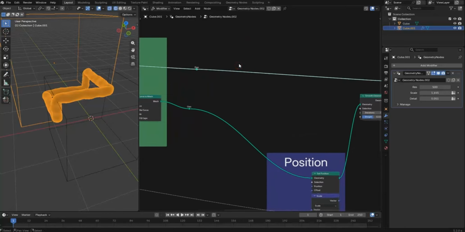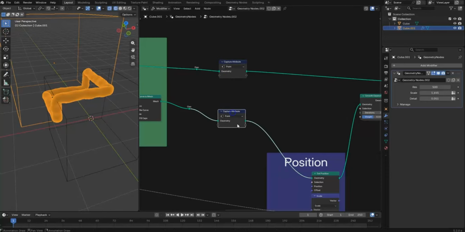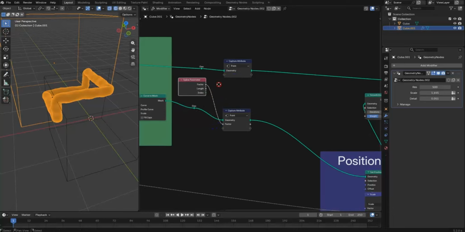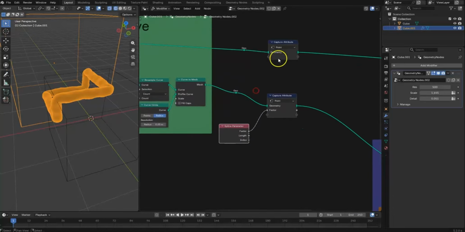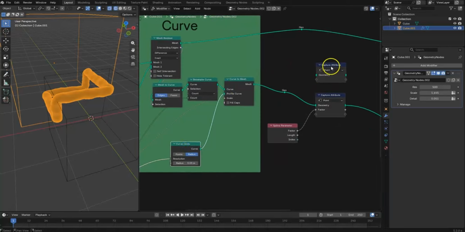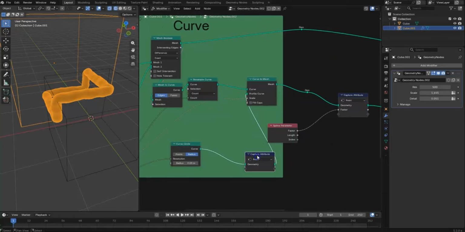There we go. And so now we want to capture a couple of attributes. So I'm just going to drop this one right here, leave it on point, Shift D, and leave it on point for this one as well. And now we need a spline parameter. So when you get your spline parameter, this is going to dictate how this is going to read the data from the curve. So we're going to go ahead and plug this in, and I made a little bit of a mistake here. Actually, we're not coming over here, and we can leave that as geo. We're actually grabbing the curve circle, and we are also grabbing